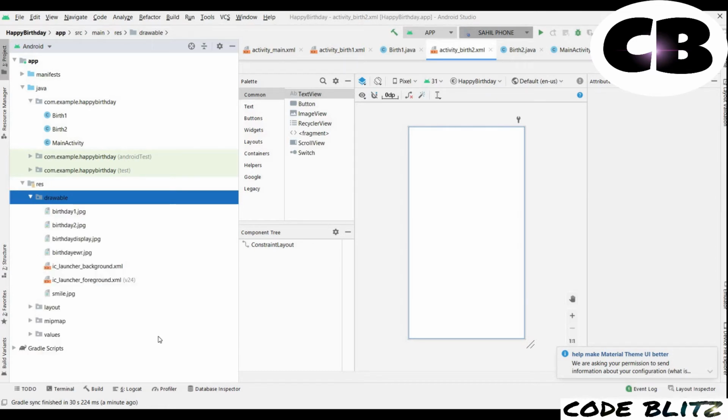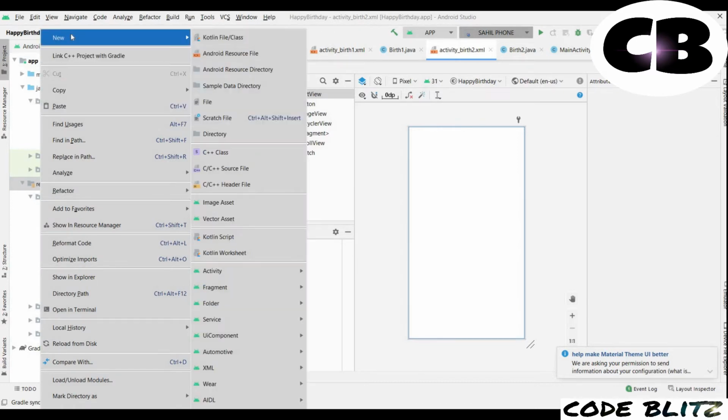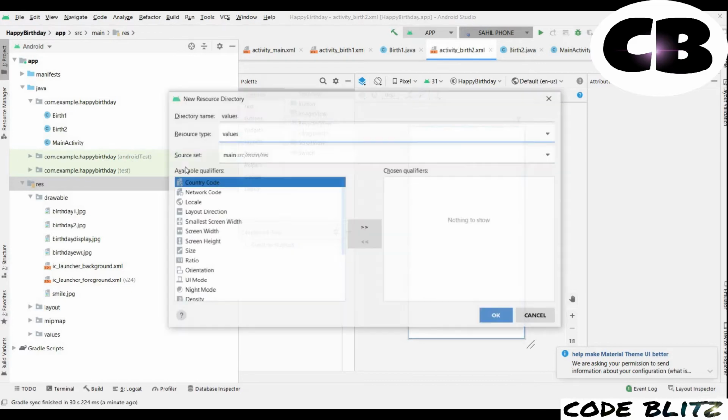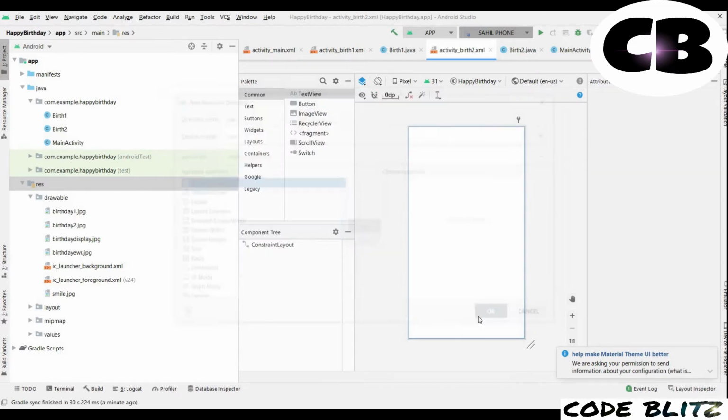Okay, now the next thing we want to do is, for playing the song, we have to create a new directory. For that I will right click the resource, then new, then Android resource directory. Resource type, select raw, then click here.